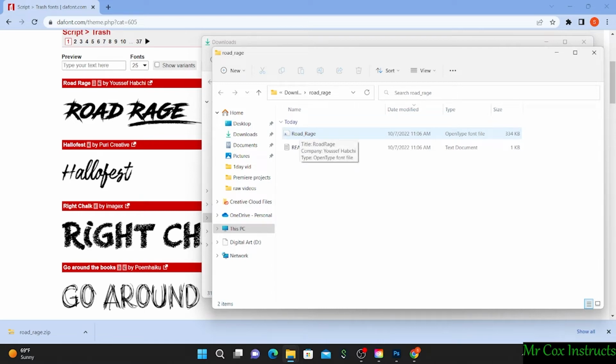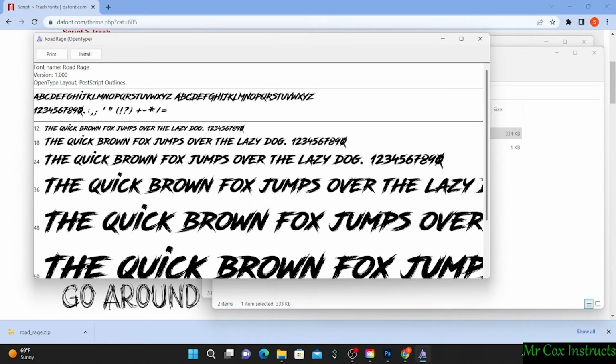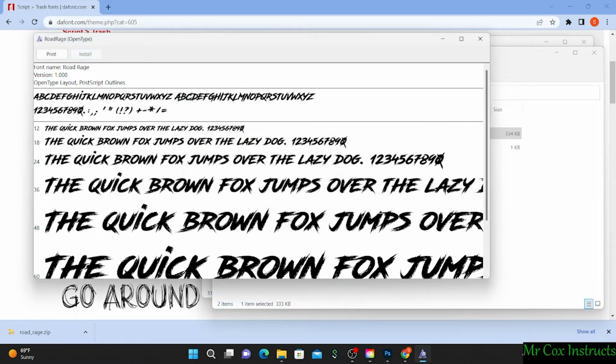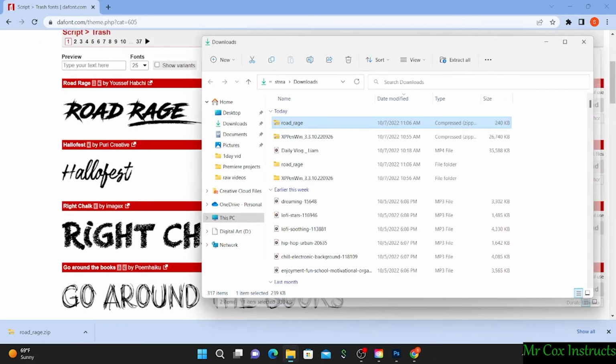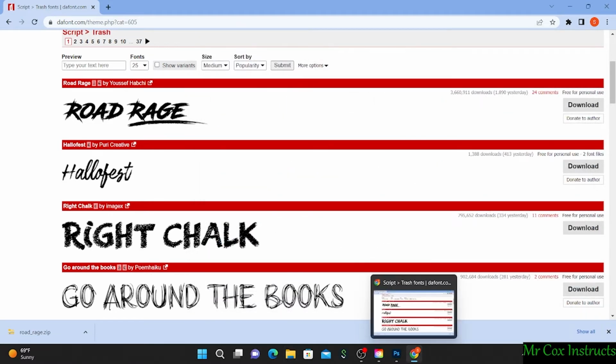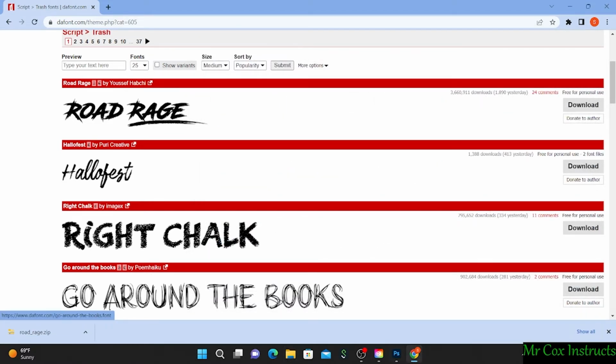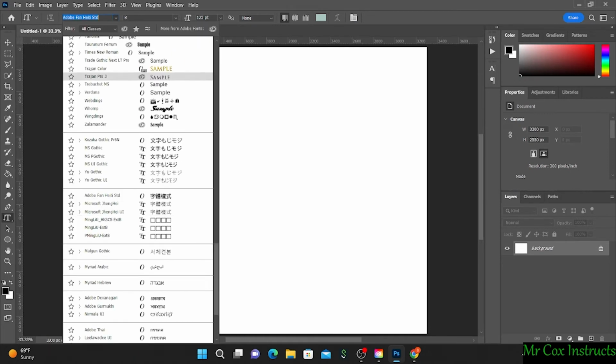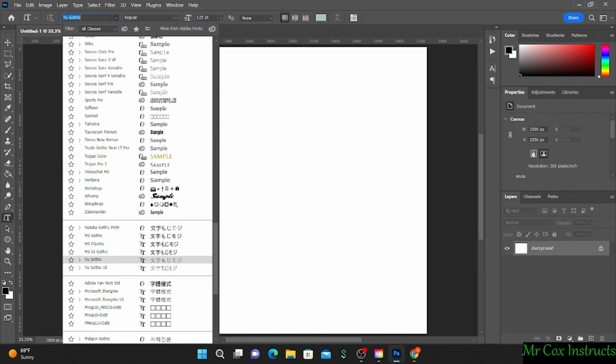You want to double click once it opens up the extracted folder, and then click install. This gives a preview of what this stuff's gonna look like. Once it installs, I can go back into, now this was called Road Rage, you gotta remember what these things are called. And up here in Photoshop, it should